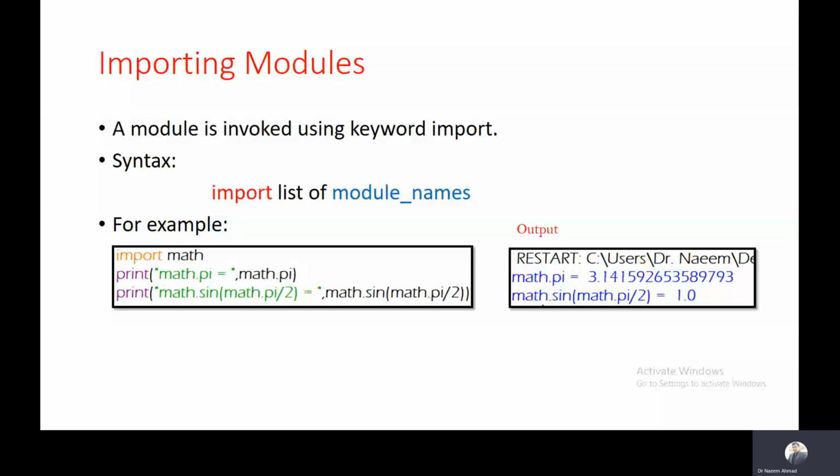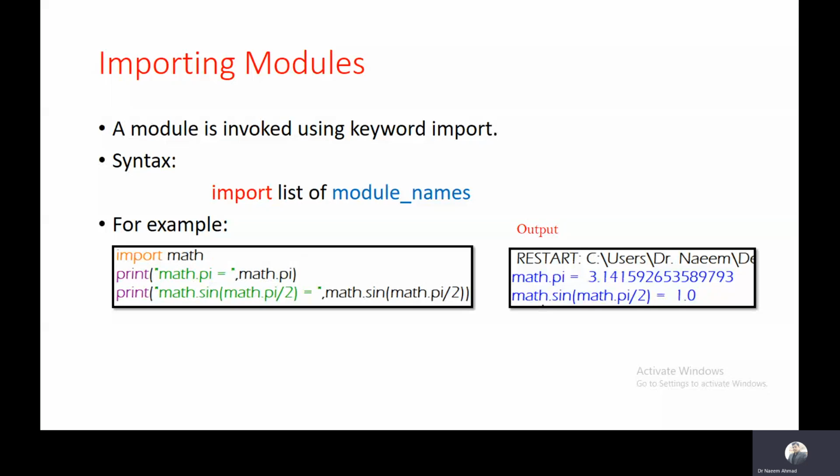This statement first, and I want to mention here the import statement we can keep anywhere in the program, but it should be kept just before using the objects of that module. Here I import math, and then I'm using math.pi and math.sin. Then I will use the object of this module, and if you use math.pi and execute, it will display the result on your screen.